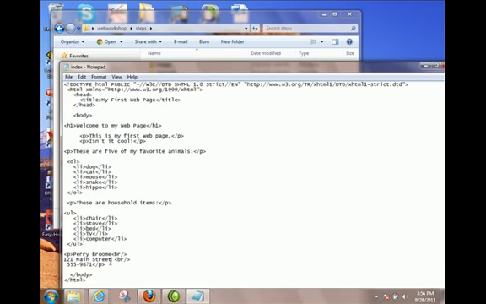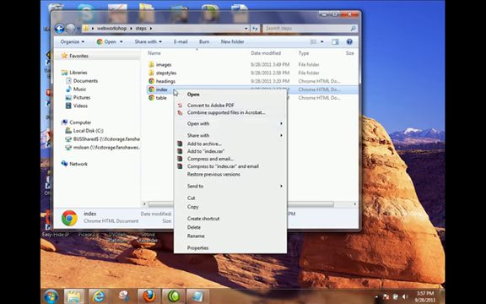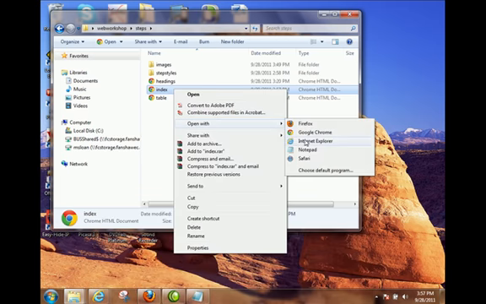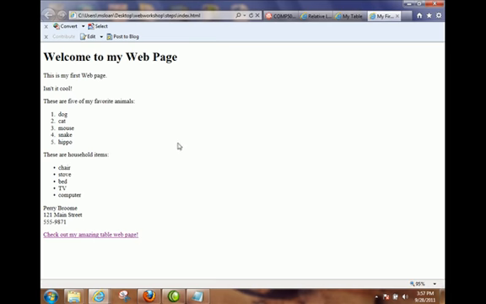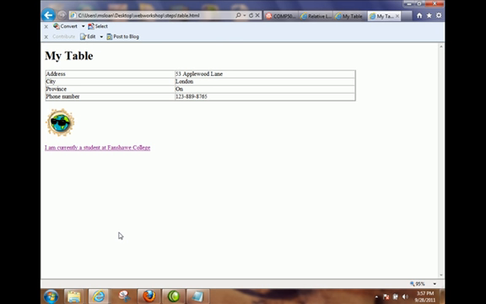Go down after Perry's address and put this in there. Check out my amazing table webpage. Save the file and then preview index in the browser. Okay, so here we go with index open from steps, and if you click on this, it opens my amazing